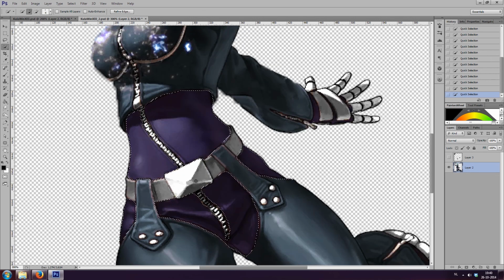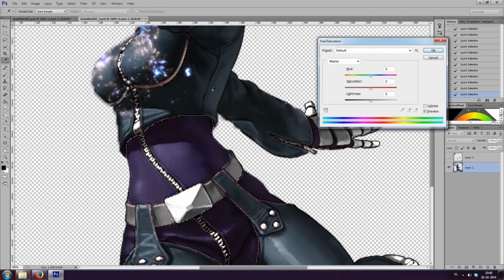Like so. And I will once again hit Ctrl U, and I think I will actually select the magentas and reduce the color to a more turquoise-ish look. Let's see if the reds adds to that. Not a whole lot. In which case I think I will simply stick to the master selection. So I'll put magentas back to 0, and reds, well, +1 won't matter much. I will select master, and I will simply drag this to the left, reduce the saturation just slightly,